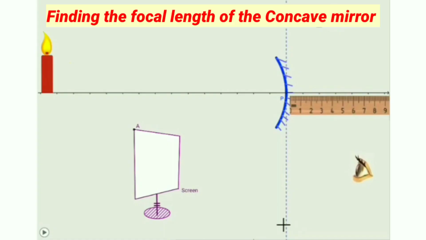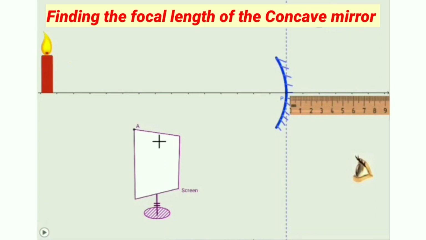Right. Coming to the activity, how to do this activity? First, this is the concave mirror. We have to take the concave mirror, fix it to a holder and place it on the table. Turn the face of the mirror towards the distant object. Here in this case, this is a candle. The selected object should be visible with our naked eye.